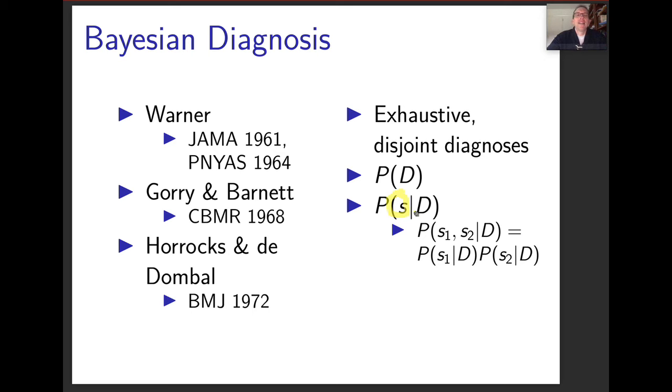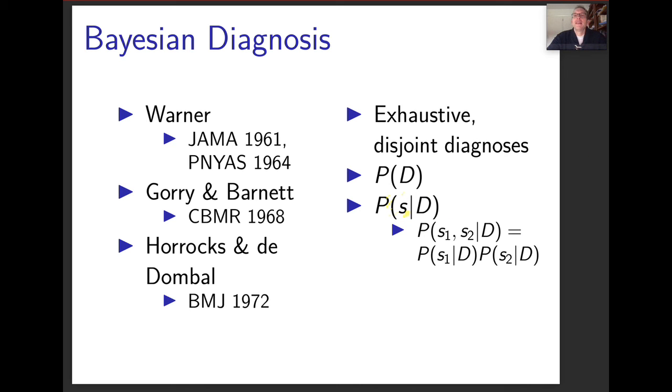Or what percentage of the people with COVID-19 have a dry cough? So this is our conditional probability, the probability of some symptom S, given that I already have a disease D. And further in their models,